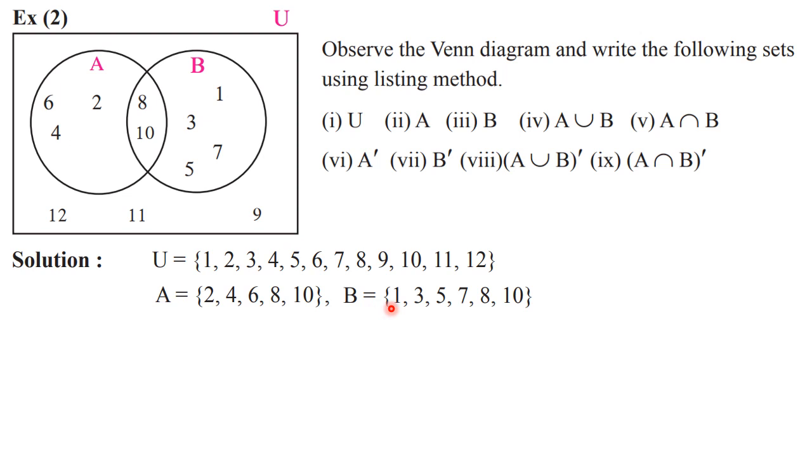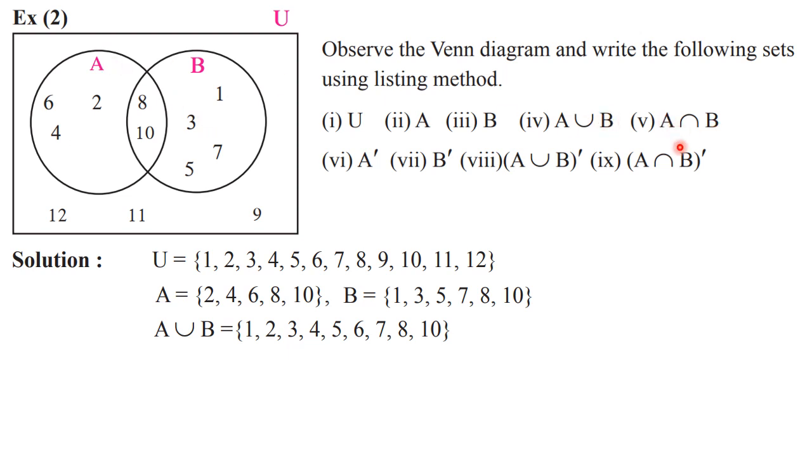Okay. So if you want to write in sequence, then you can write down 1, 2, 3, 4, 5, 6, 7, 8 and 10. 9 is not present. Take a note of that. So how you will write A union B? 1, 2, 3, 4, 5, 6, 7, 8 and 10. See, 9 is outside. So it is not a part of union. What I told you is the area formed by two circles A and B. That is only the union.